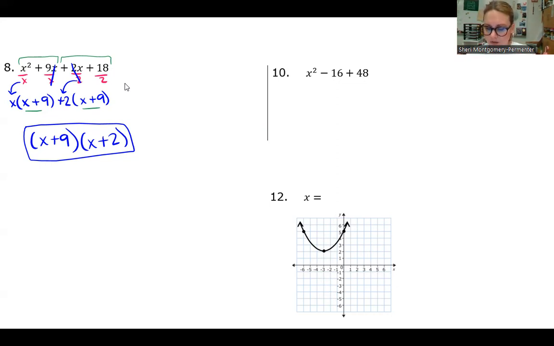So what we're going to do here is you will always get a list of factors for the last term. So I'm going to write a factor list for 48. I always start with 1. So we've got 1 and 48. 2 and what? 24. Is 3 going to 48? I don't think so. Yes, 3 does? 6. Okay. What about 4? 4 and